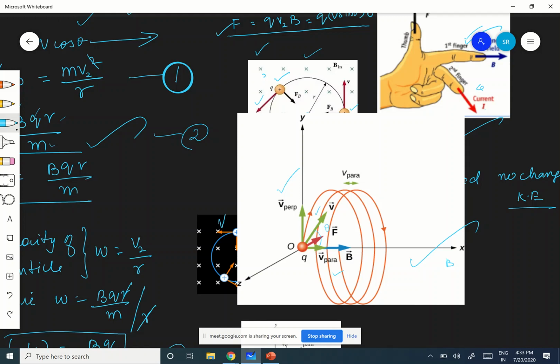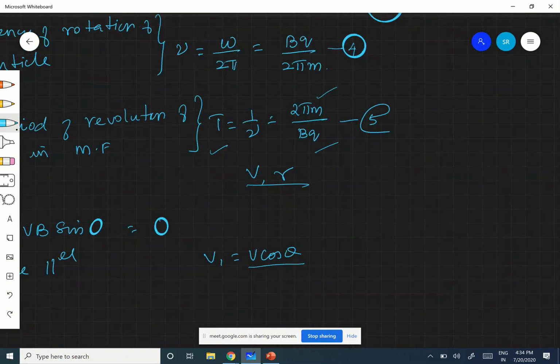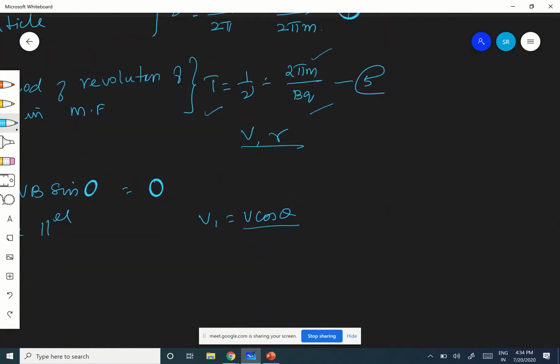Therefore, you see here, this circle is perpendicular, correct? I think it is the perpendicular plane of the board. That I cannot draw, that is why I have taken that. So it is perpendicular, right? There are two components. Due to the perpendicular component, it moves in a circular path, but due to the parallel component, it is tracing a linear path. V cos theta will be moving with the same velocity along the x direction, as I just told you. V cos theta will be in this direction.